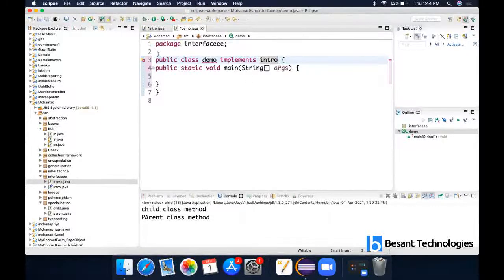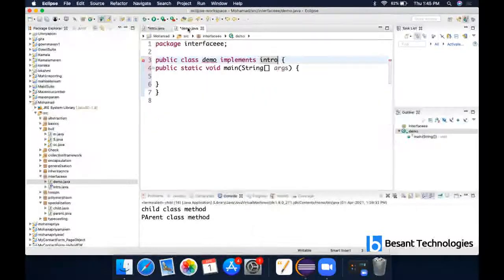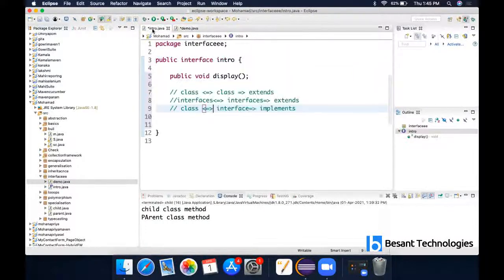What we did first was create an interface. I have a method here, but I couldn't have the implementation details here because it is like an abstract class. If this interface is connected with another class or interface, there I'll be implementing that code. Now I'm having a demo class here, and I have created a connection between class and interface. I have an error here because there is an unimplemented method called display.